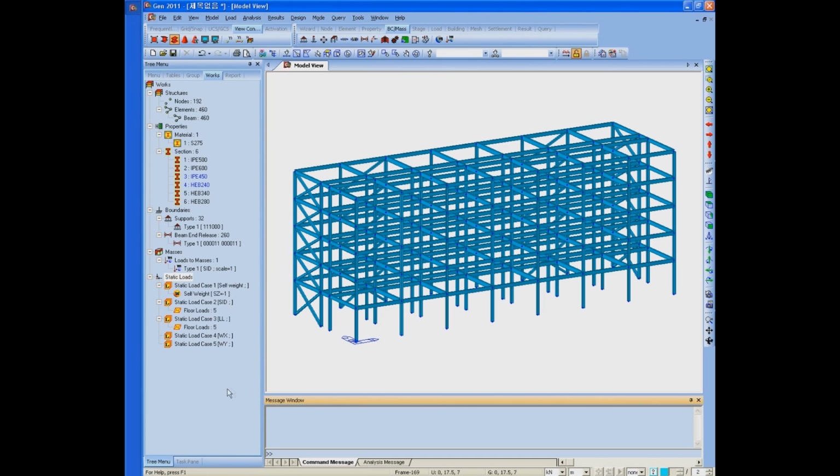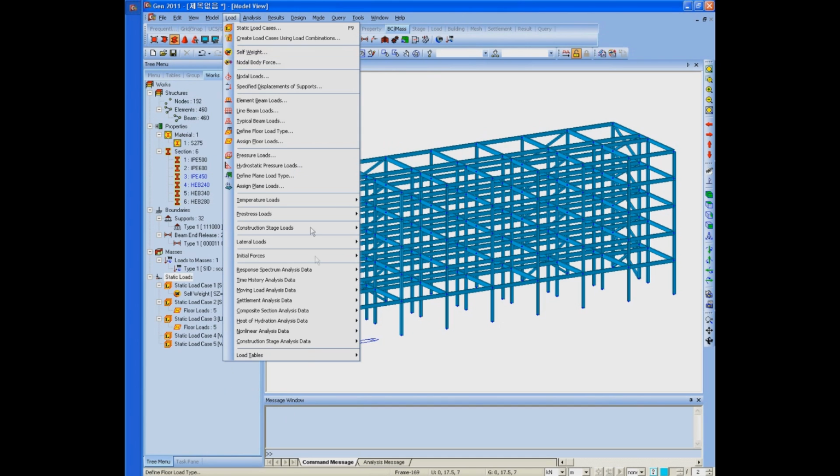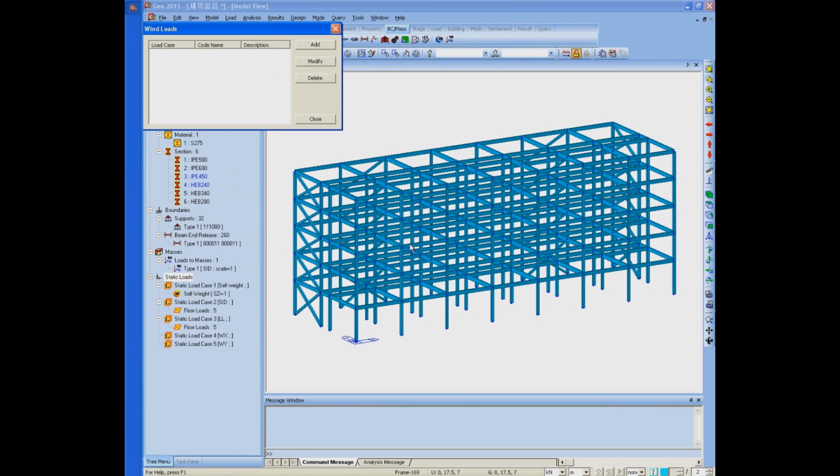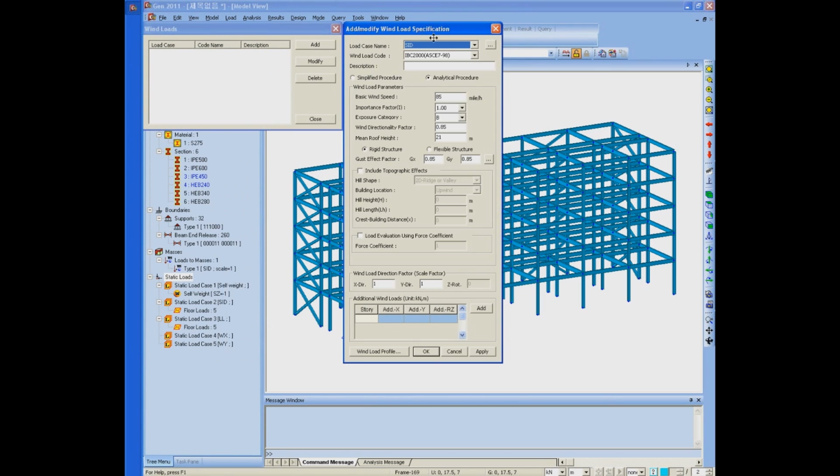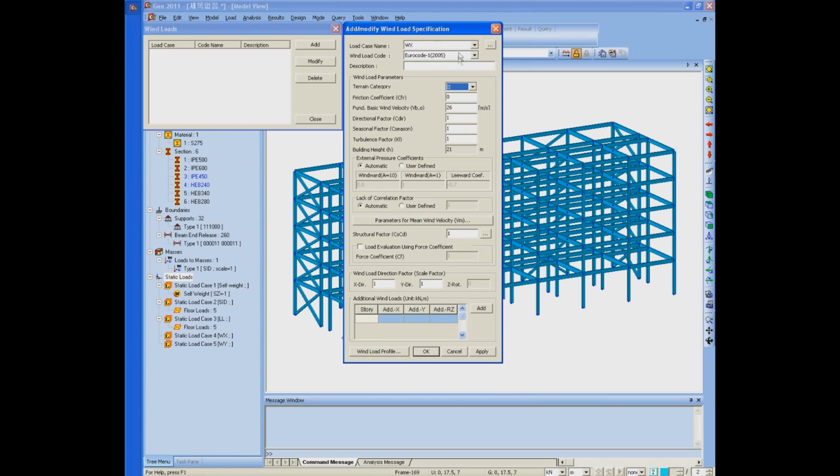Now I will try to enter the wind load. For the wind load, we provide the database for the static wind load. We can select the database for the IBC, UBC, and MBC, Eurocodes, BS, and so on. So select the desired load type for the X direction first. By clicking this button,